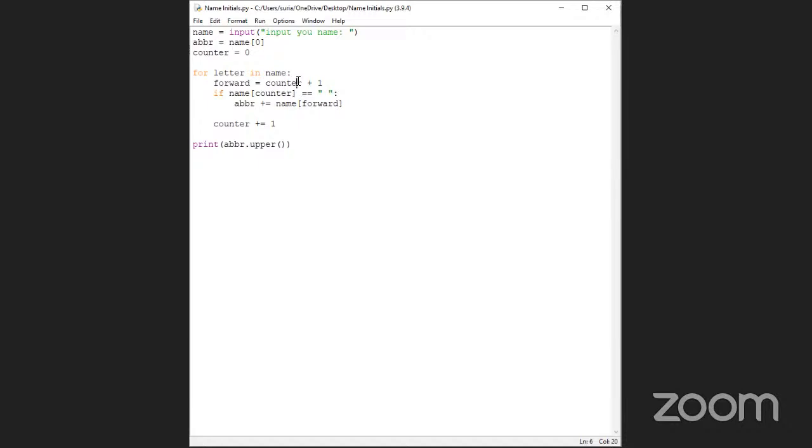All right. Okay. And you've declared a counter. And then for letter in name. Okay. So what's letter? Okay. Forward equals counter plus 1 if name counter equals. Okay, so counter is basically like the index value. So if it's equal to a space, then